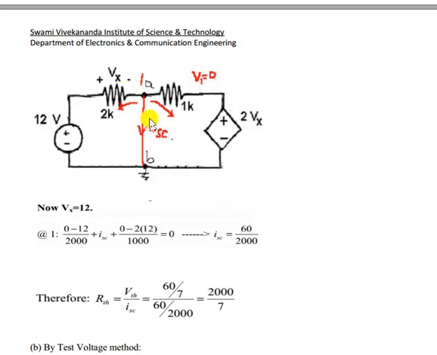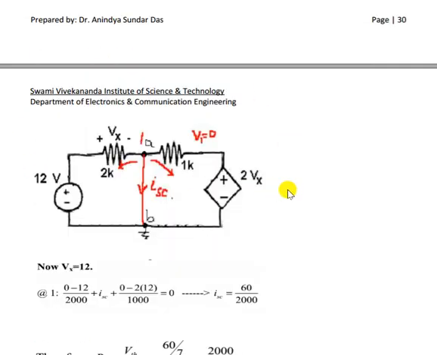And for the short circuit method, you don't have to do anything else. Open circuit it, you will get VOC. Short circuit that load resistance, you will get ISC. RTH is equal to VOC by ISC. So this is the base method that you can follow according to my suggestion.